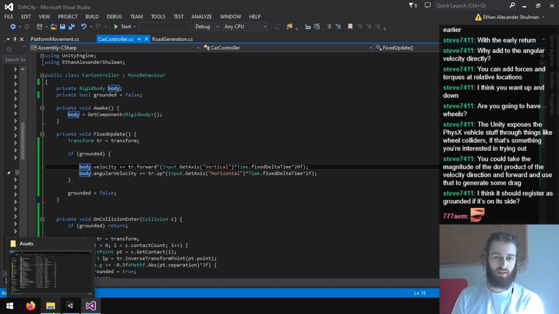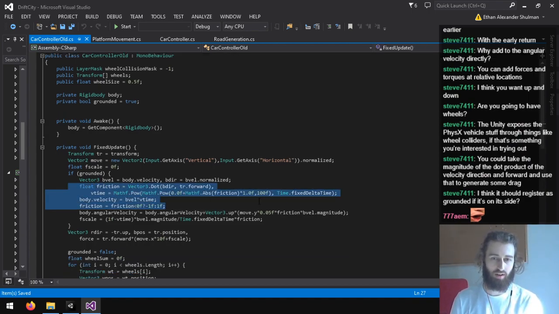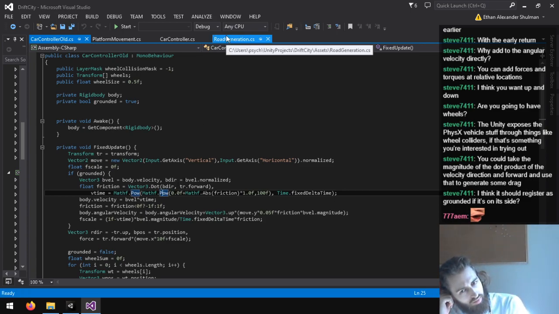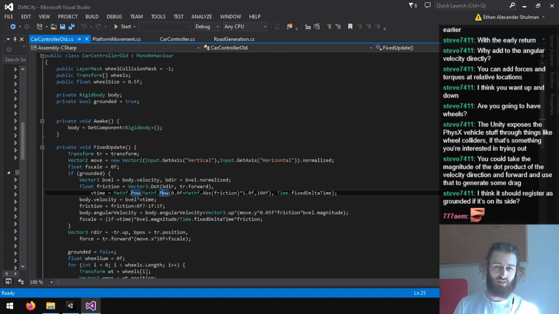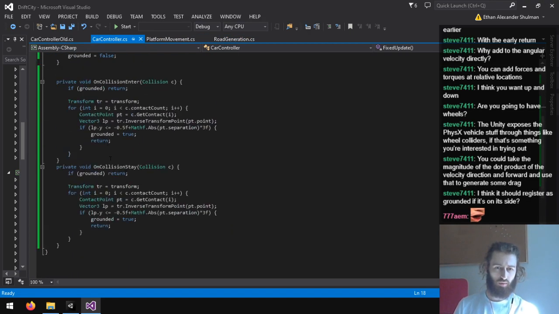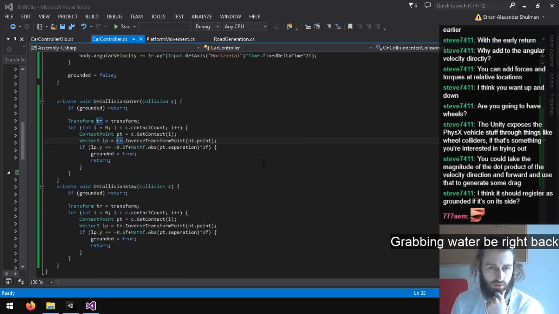I guess I could take the code from this old control. I think I actually had somewhat of an idea here. Applying the forward vector. But I think what I actually have to do is I need to get the forward vector relative to the ground. So I wonder if I get the normal here of the contact point, and then get the forward vector relative to the ground so that the car moves parallel to the ground. I feel like that might be the key. Hold on, I'm gonna go get more water and then we'll look into doing that.